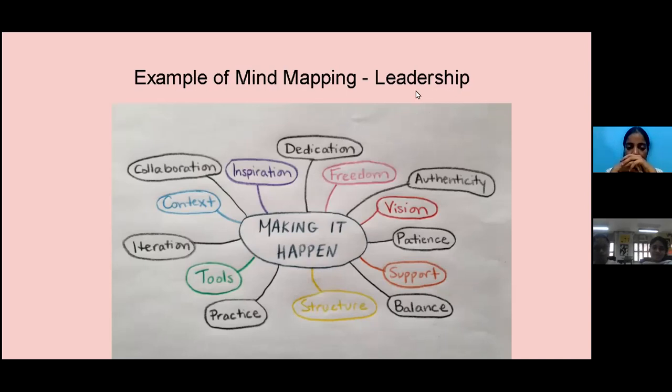So what is leadership? Leadership is something where they have to make it happen. If it is politics also, they have to implement policies. They have to bring in the change. Yes or no? If it is, as I told you, a building construction, they have to prepare a building. So there the leadership is different. In school, the teacher is having a class. She has to conduct a class. She has to prepare for the exam. She has to make the students understand a topic. So you have to make it happen.